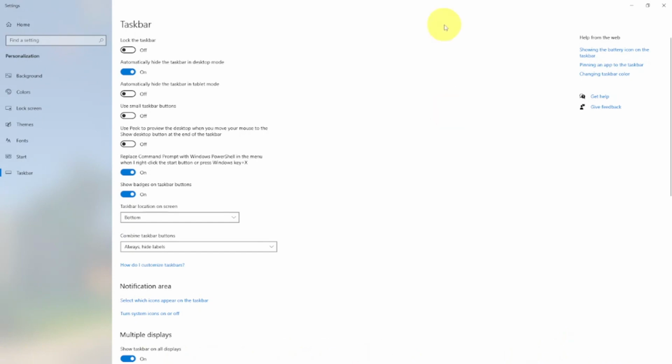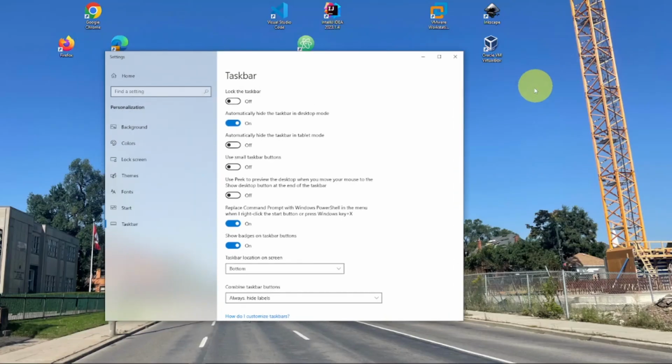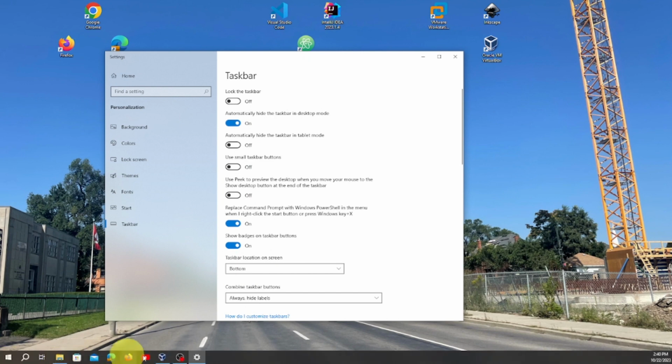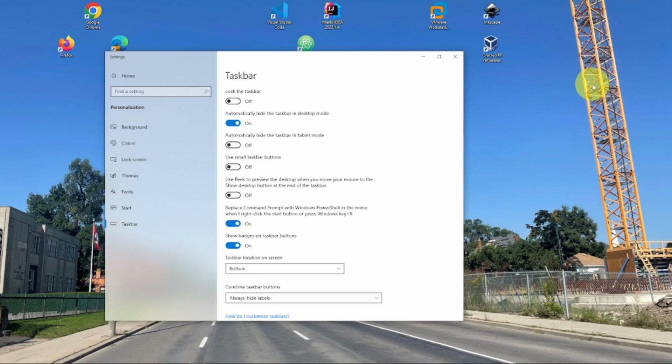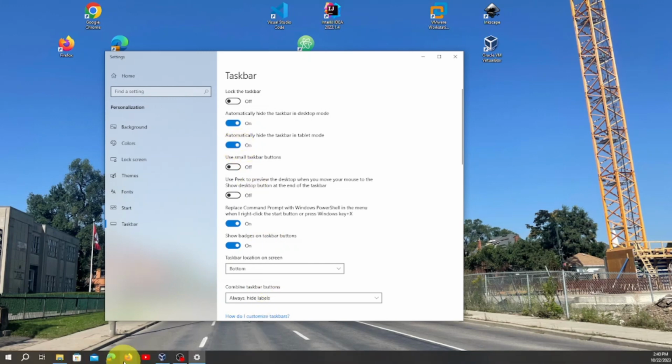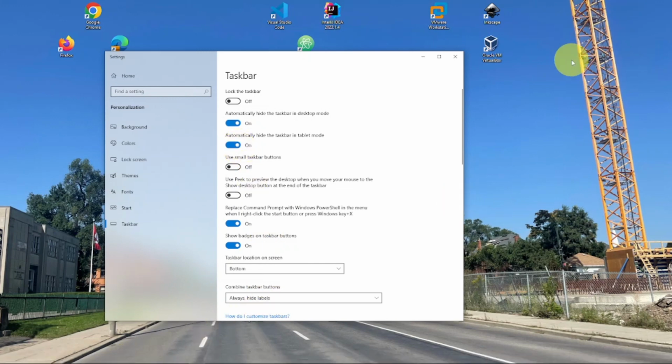So to bring this back, I'm going to show you. You see, you don't see anything around here. If I put my mouse here, yes, you can see it. But if I get rid of it, you don't see it. Okay. So let's say I put this one again. Okay. Back, and you can see it.